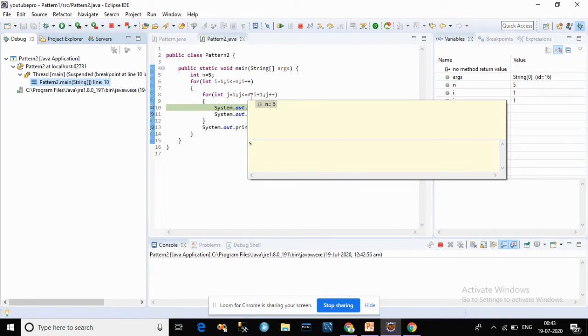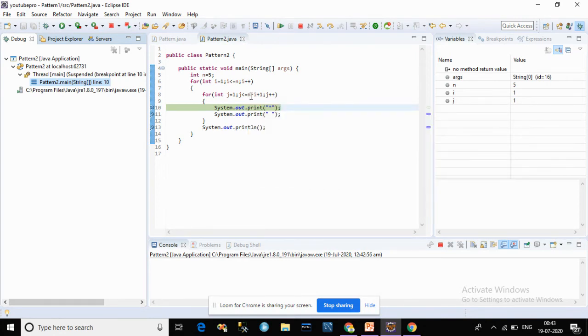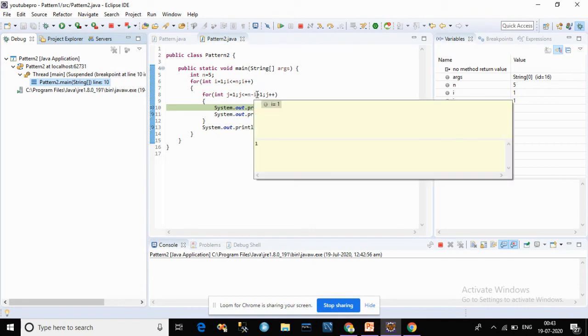So we change the logic here, because in this pattern we have the bottom side first, meaning 5 stars first. So from the 1st index to the 5th index we have to go, so we need to go from 1 to n minus i plus 1.